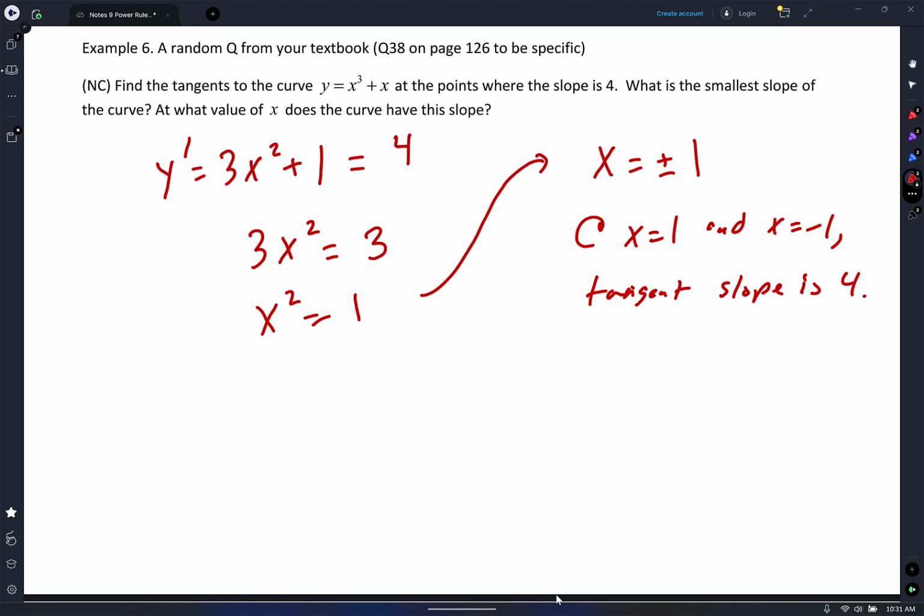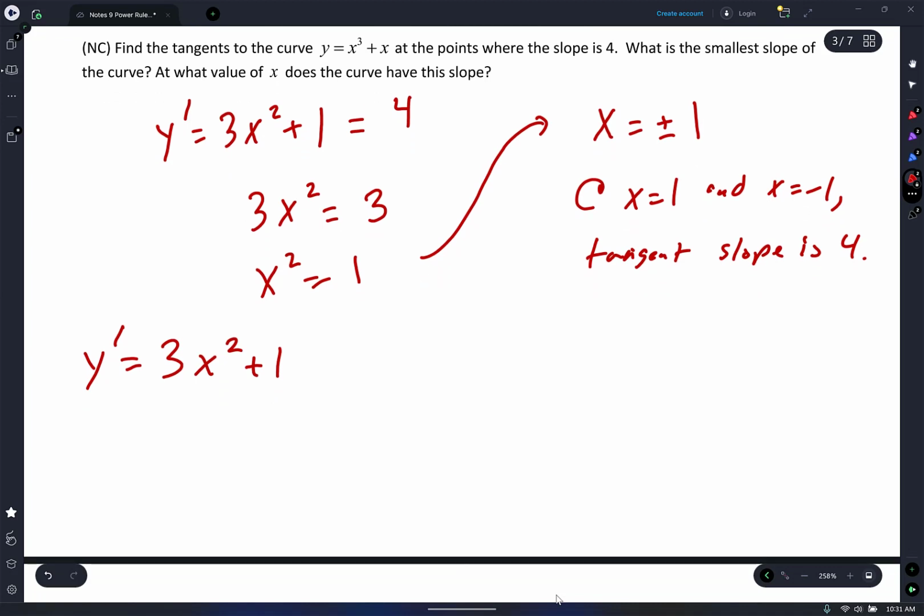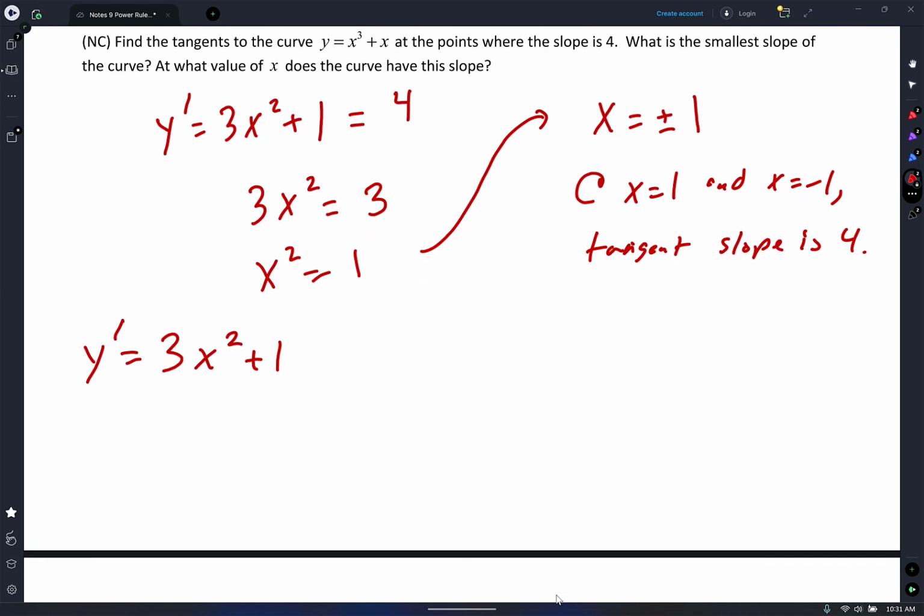Second question. What is the smallest slope of the curve? Well, y prime, I've got to look at my derivative. I'll slow down. What is the smallest 3x squared plus 1 will ever be? I don't know, Chavez. No, not 3. Not 0 either. This one never equals 0. 1. How'd you get that, Alvarez? I didn't say that. How'd you get that, Marchan? You can plug in 0 and then